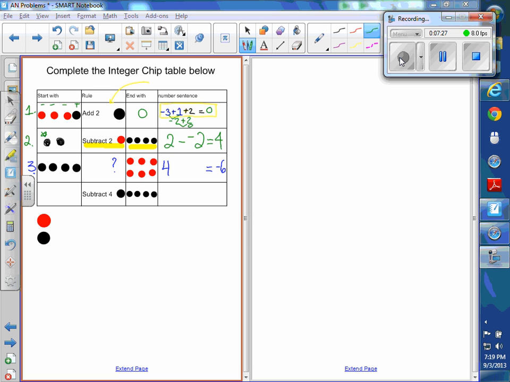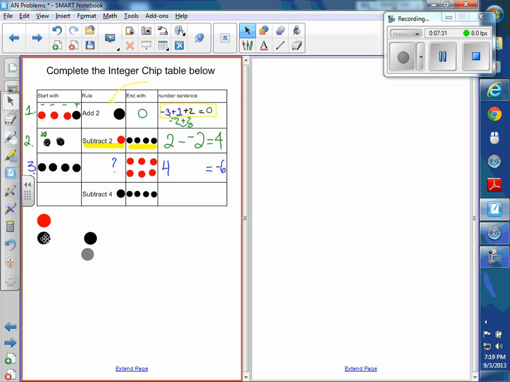Okay, so we're going to start with 4 positives in our beginning circle. That's what we have to begin with. We have to do something to end up with 6 negatives